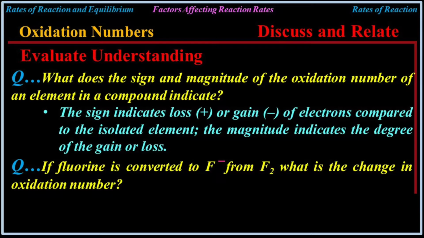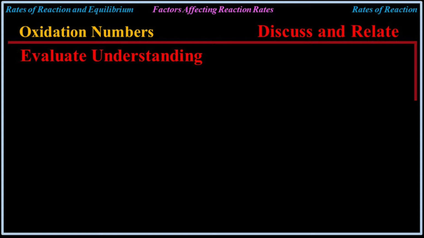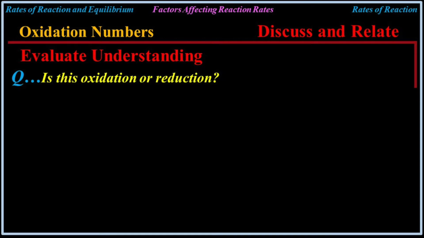If fluorine is converted to fluoride from F2, what is the change in the oxidation number? It goes from 0, that's F2, to -1. Why -1? Because it's gaining electrons. It wants to be like neon. Look at the periodic table. Evaluating understanding as we continue. Is this oxidation or reduction? It's reduction,